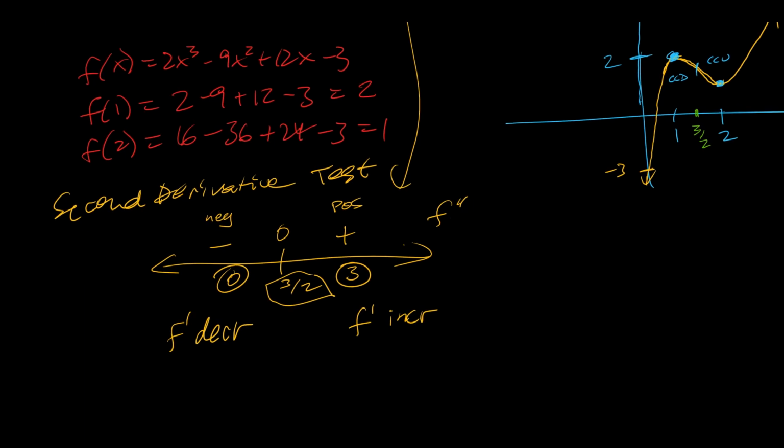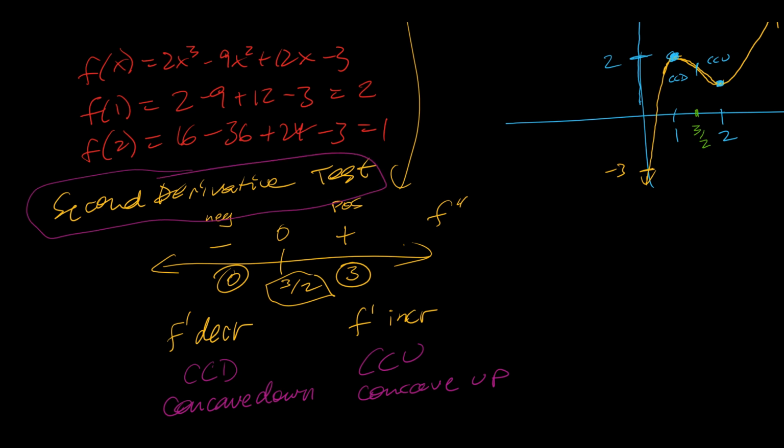then we say it's concave down where the second derivative is negative, and it's concave up where it's positive. So concave up and concave down, like that. That's what we say. All right, so there's a nice little test. This is actually the second derivative test, what I want to talk about now. I'll use a different color. What you can do is you can use the second derivative, f double prime, to see if